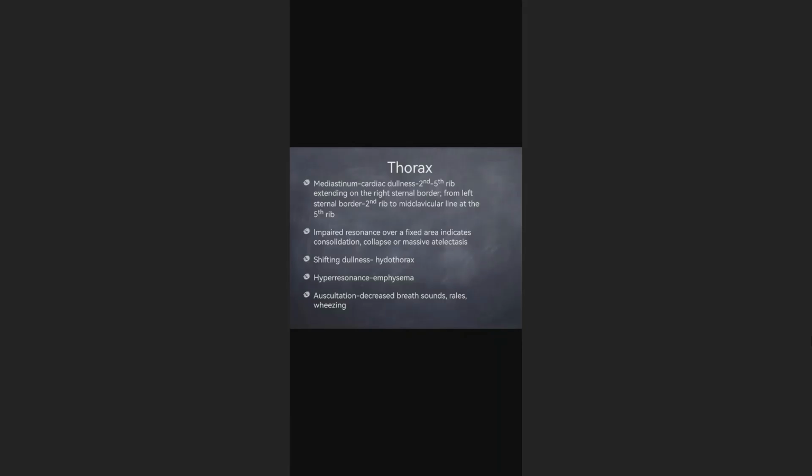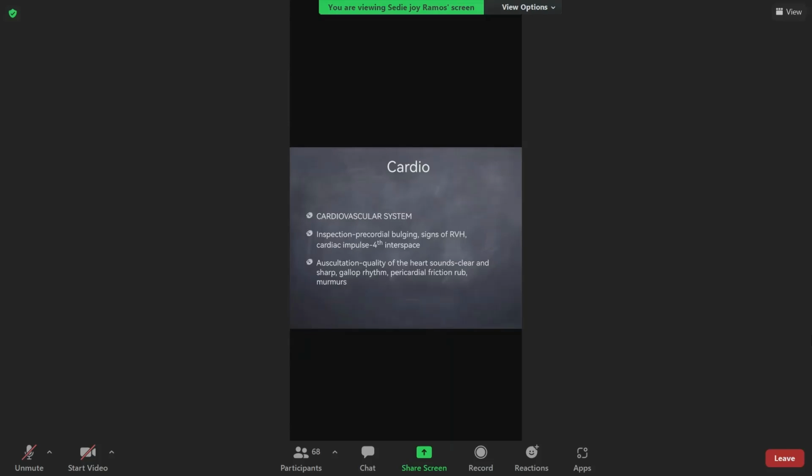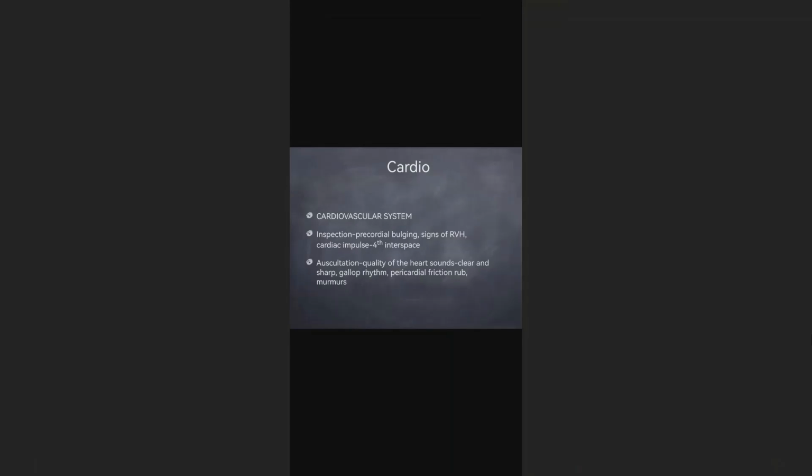For the cardiovascular system, the examination is almost the same as that of adults. It's just that in younger patients, usually the cardiac impulse